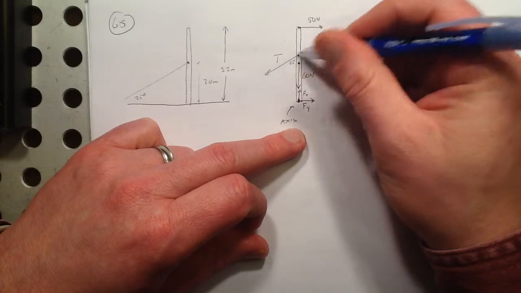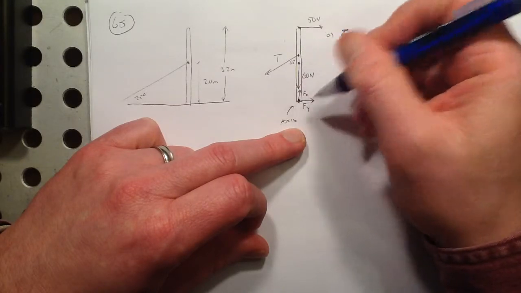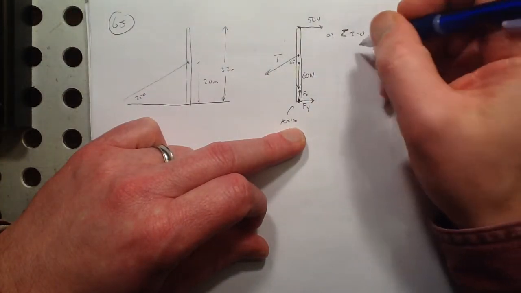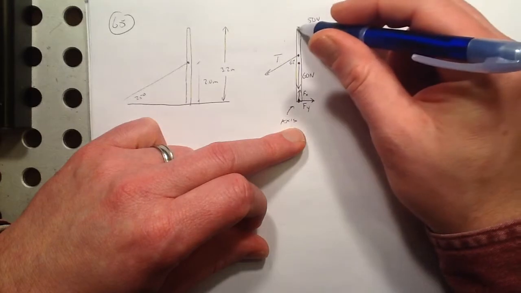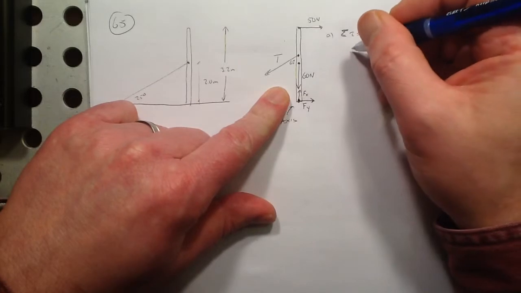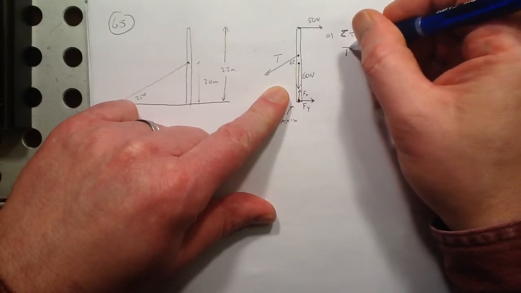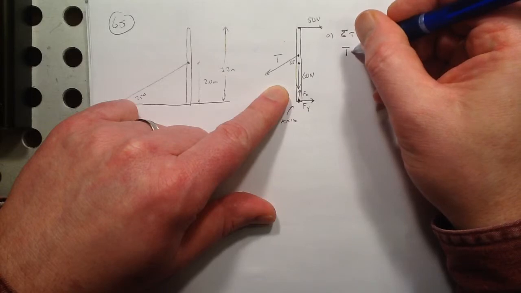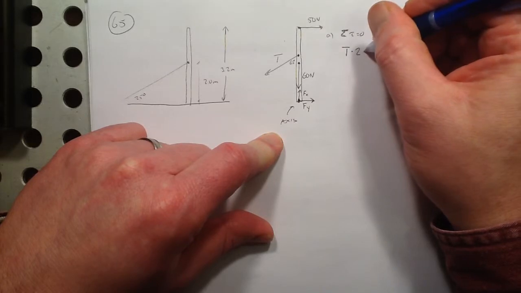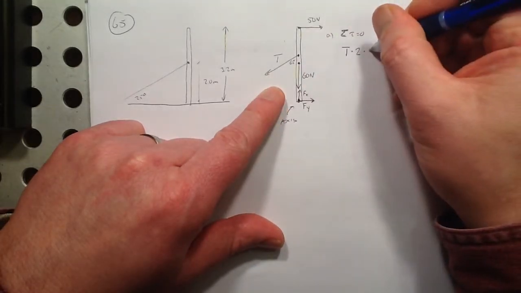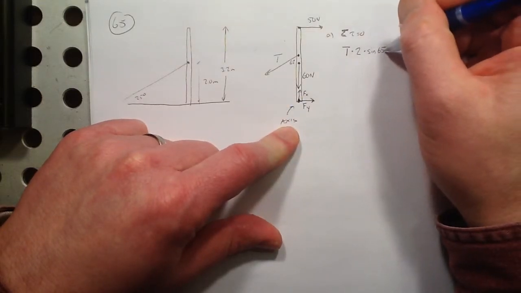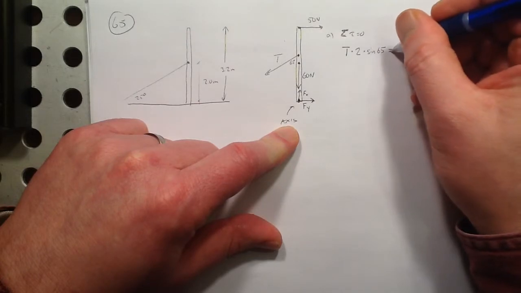That force right here is not trying to make the bar rotate either way. It's just pulling straight down like that. So that means this torque and this torque must be equal. This one trying to make it rotate this way, and this one trying to make it rotate the other way. So let's write our equations for those. So that means T, that force, times the radius at which it acts, that's 2 meters, times the sine of the angle in between. And that's important that you have sine 65 and not 25 there,